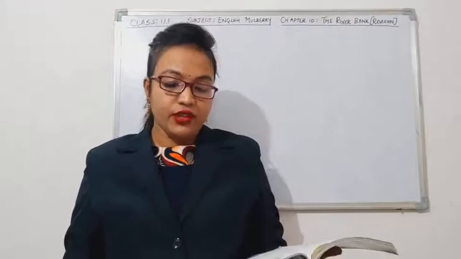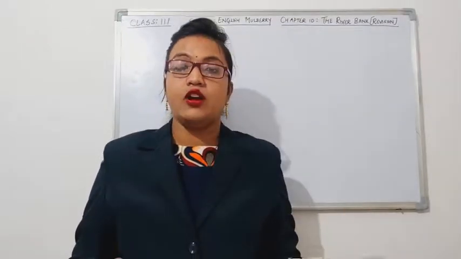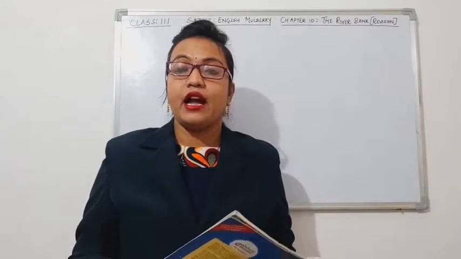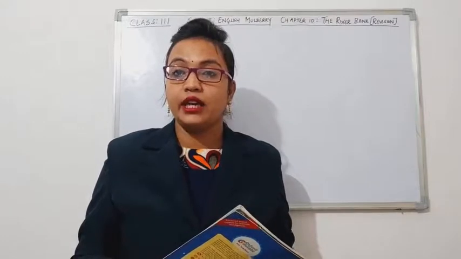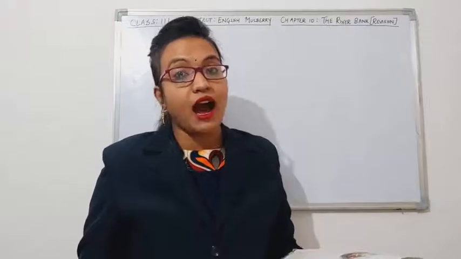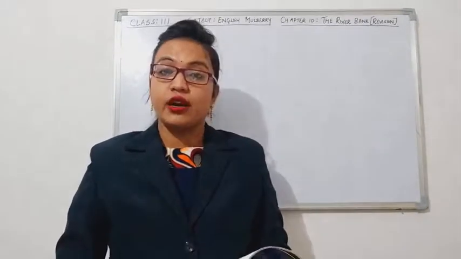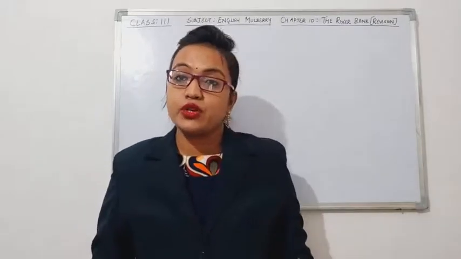And fifth, which word tells us how the rat picked himself up after he fell? So when the boat struck the bank, the rat fell on the boat's floor with his heels up in the air. After that, he picked himself up calmly with a pleasant laugh. So the answer is calmly. Next is reference to context. In this, one extract is given. Related to that extract, questions are given.